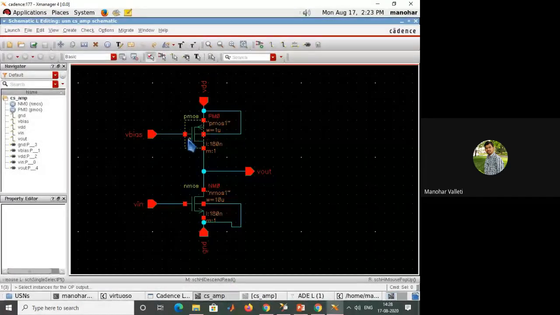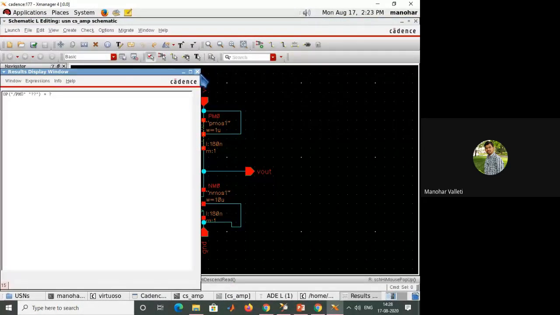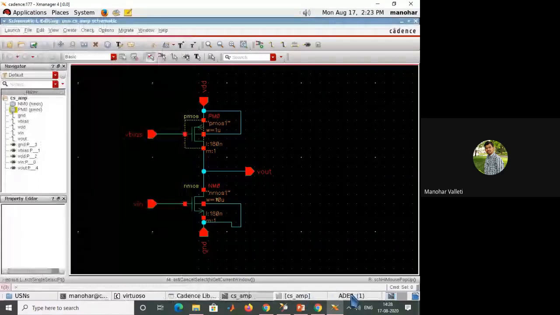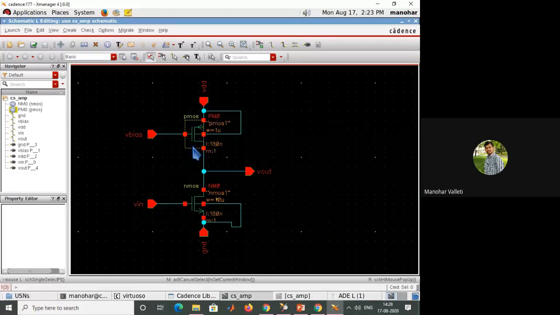And one more important point, the W/L ratio. Just observe here, the W/L ratio of NMOS is 10 micro and PMOS is 1 micro, because this NMOS has to amplify.